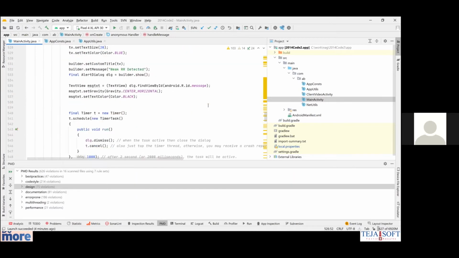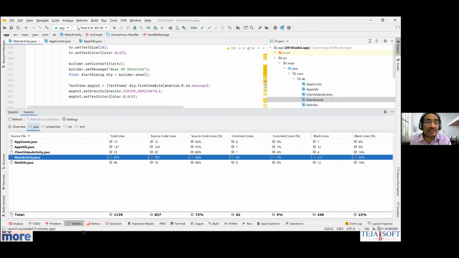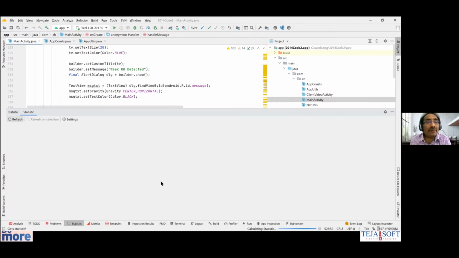For clean code, you need to be able to measure it, not for fixing it alone, but to get a sense of what you are trying to improve upon. For that, you can have one plugin called Statistic, which gives you all that once you run it.